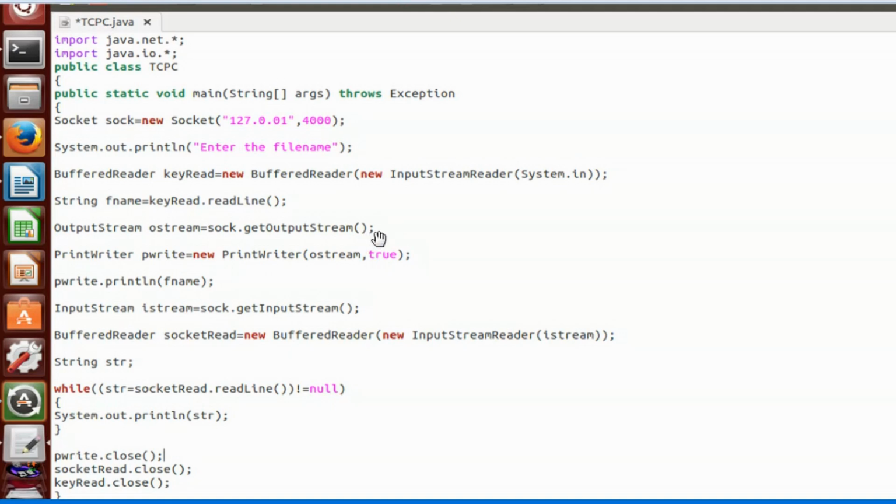Whenever you are sending some data out of the socket, you use getOutputStream, and whenever you are receiving some data from the socket, you use getInputStream. To read data from the socket, you get the input stream and read from that second stream.